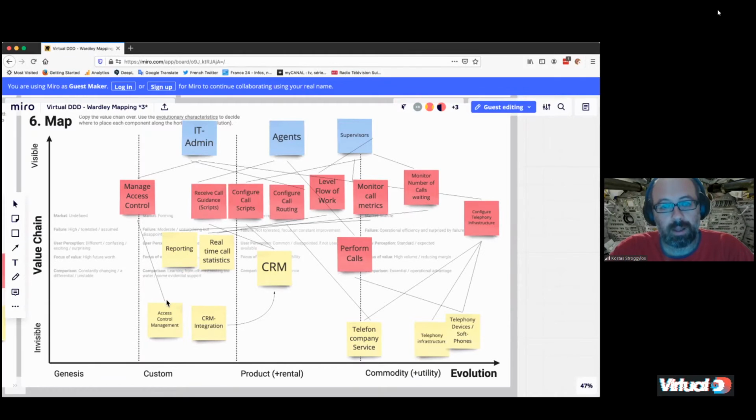So the basic users are IT administrators that need to somehow allow the users to handle phone calls. Then we have the agents that will be performing all the calls, and we have the supervisors that will be helping the agents perform better by leveling their work and managing things like work schedules and call scripts, and monitoring and reporting in order to report to management. So